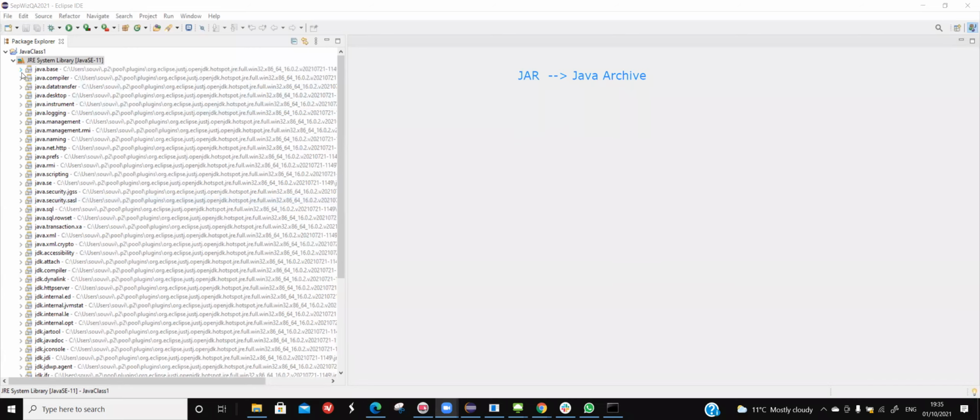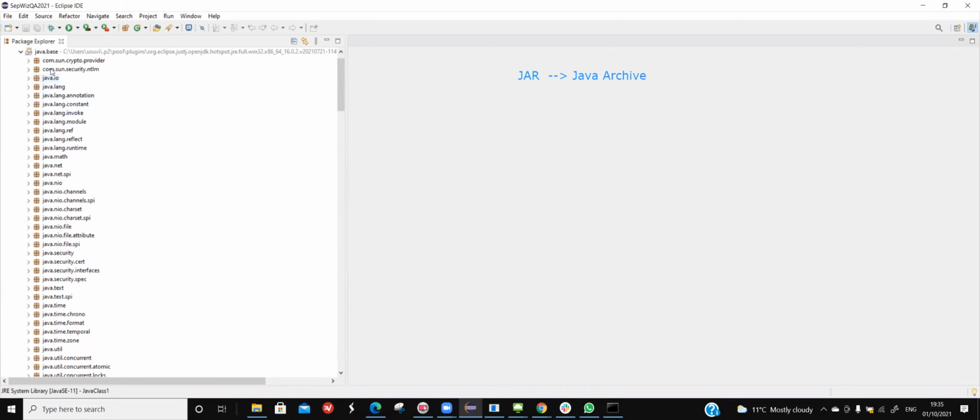Okay, so let me expand one of the jar files, java.base. If I expand that, I'm seeing some boxes. So let's try to understand. Let me write it down so that you understand the path. So, library. Library can contain multiple jars. Jar can contain multiple